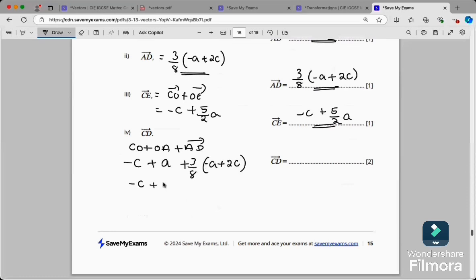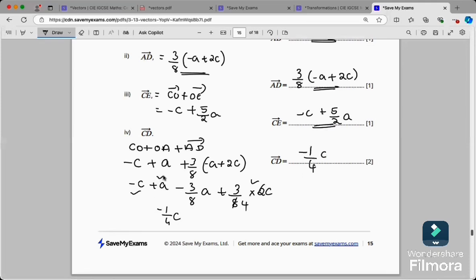Therefore, minus C plus A minus 3 by 8 of A plus 3 by 8 into 2C, right? Therefore, simplify this. So for C we have minus 1 plus 3 by 4. This coefficient is going to be minus 1, plus 3 by 4, which is going to be minus 1 by 4. Therefore, minus 1 by 4 C,